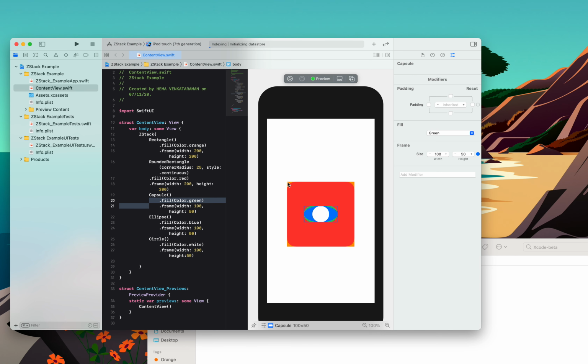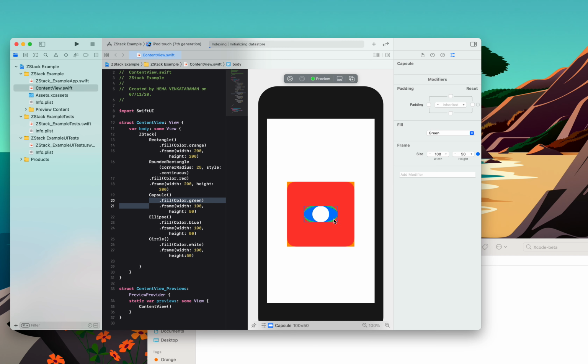Yeah, you can see that. So this color orange is filling, but it is overlaid. This is a rectangle which is colored orange, and on top of that, the rounded rectangle is red. So it has done it.